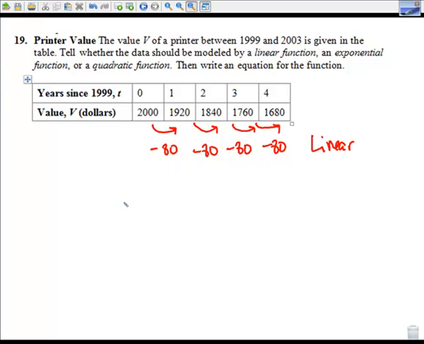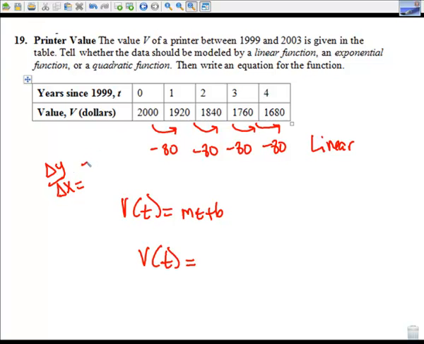So I'm looking for, instead of y, I'm going to go V of t equals mt plus b, slope-intercept form. So V of t equals my slope. Again, it looks like here they were nice enough to have the years increase by 1, so the change in y is negative 80 as x changes by 1. So my slope is negative 80 t plus my y-intercept is right here,